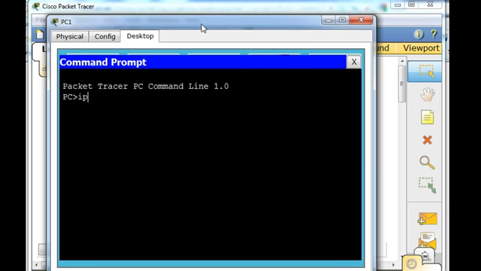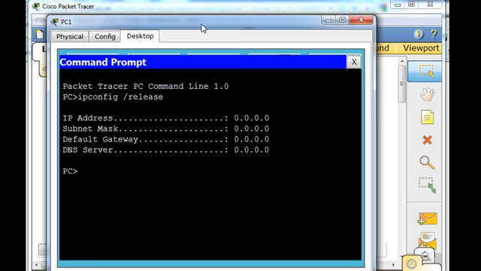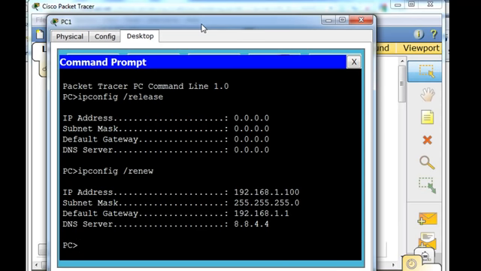I'll do an ipconfig release. Right? Now he's got all zeros, and then just do a renew. And you can see now that it's picked up the IP address, subnet mask, the default gateway, and the DNS